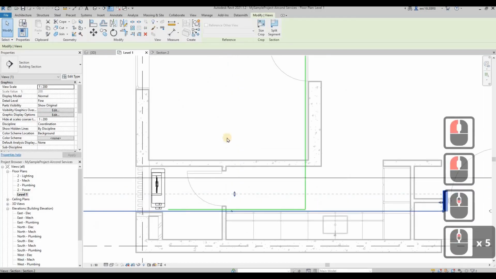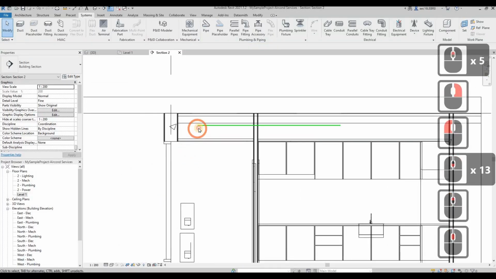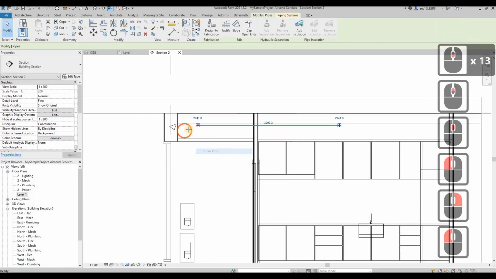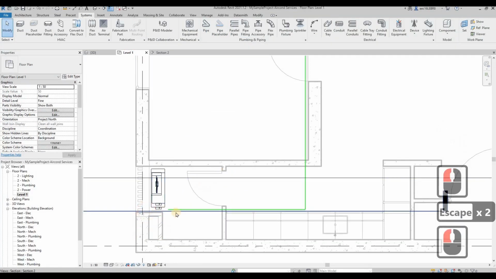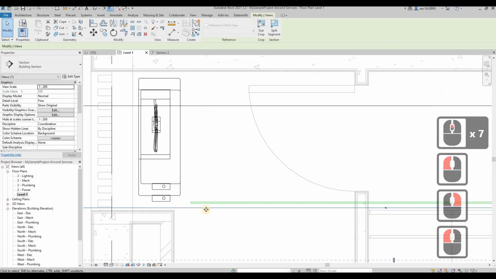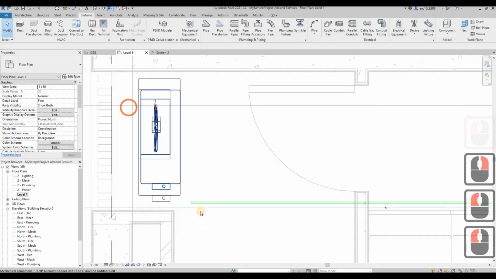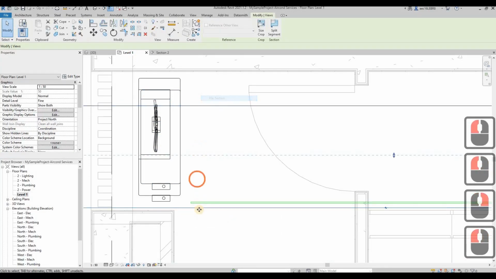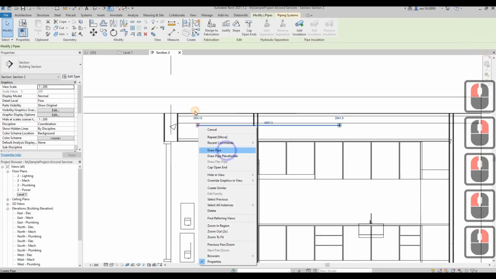The living room has bigger outdoor units. Go down to here, draw your pipes. You need to follow the wall. This is the wall, so it's okay. Go to view, flip the section, go to view. Then let's check it out. Go down,